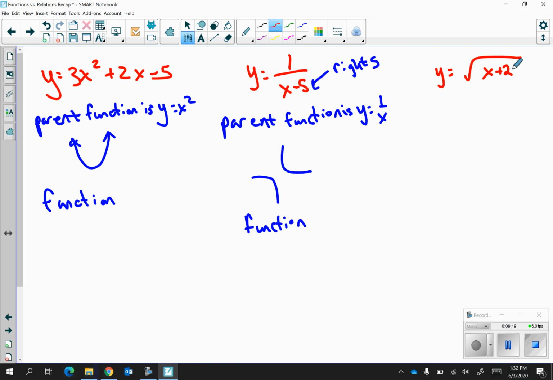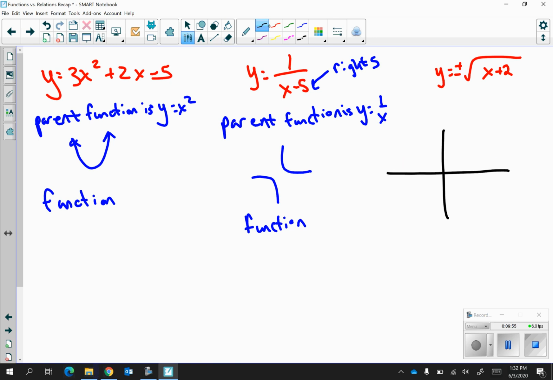You know that the parent function for that is the square root of x. And we know that the square root of x looks like this as a function. So because the parent function is, well, a function, we know that if you shift this graph over to the left, it's still going to be a function. But I want to talk about what happens if we add a plus or minus to the front of it. If you add a plus or minus to the front of it, that's now different because